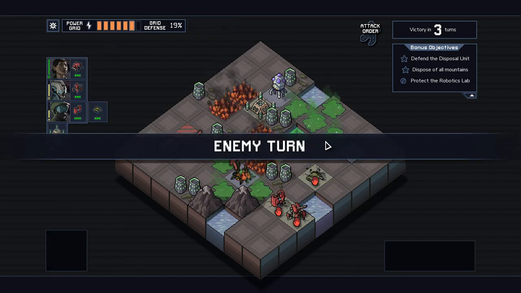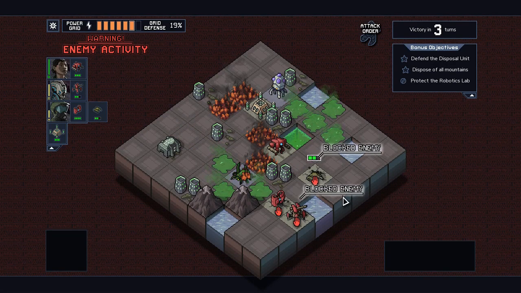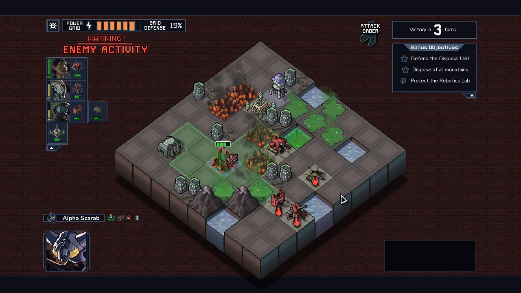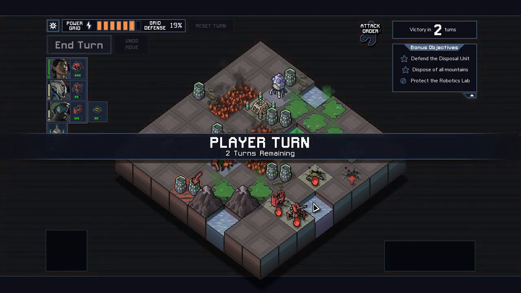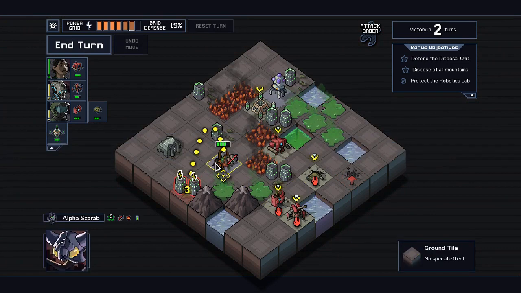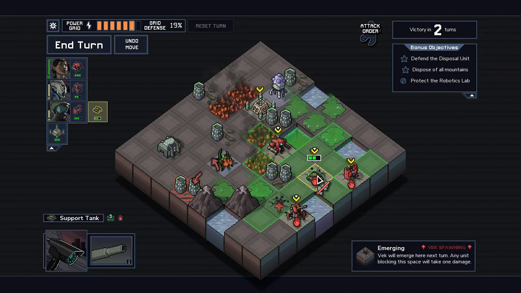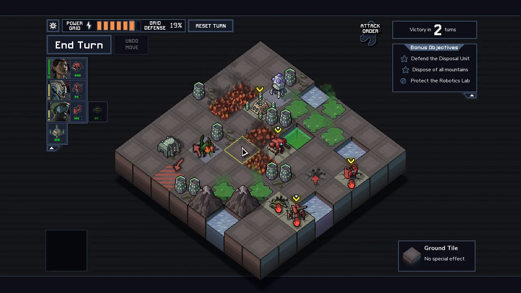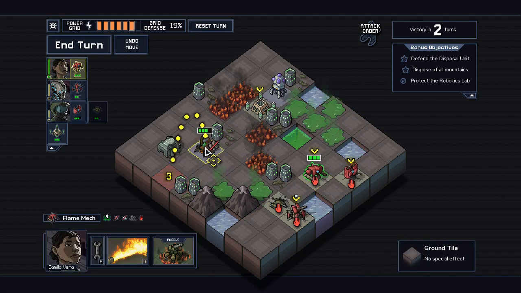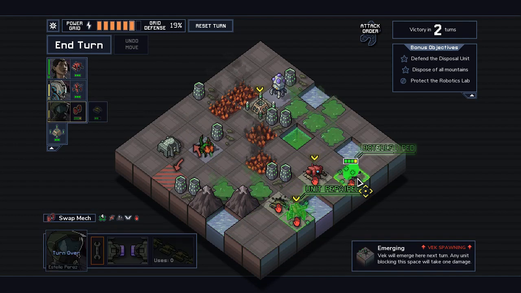Okay. So we're blocking all the spawns. I could have killed this thing, but I'll have plenty of time to kill it now. Alright, this guy just loves to get into acid. And, okay. I think what I'm going to do is emphasize blocking spawns. I'm going to use the tank to push him, so he's just not hitting anything, and I'm going to use my flame mech. I could have used the flame mech to kill it. It did 2 damage doubled because he's on acid,